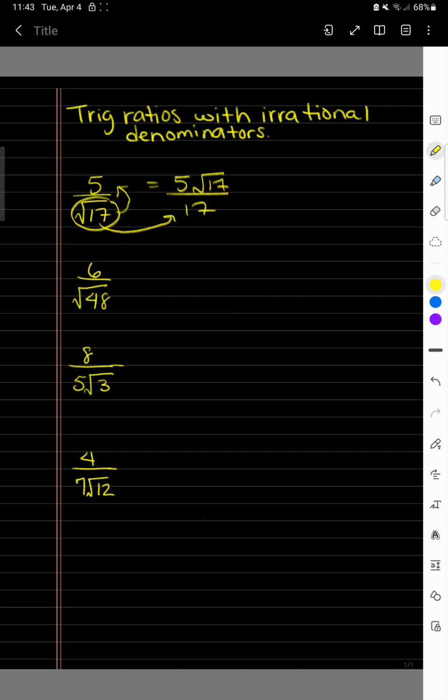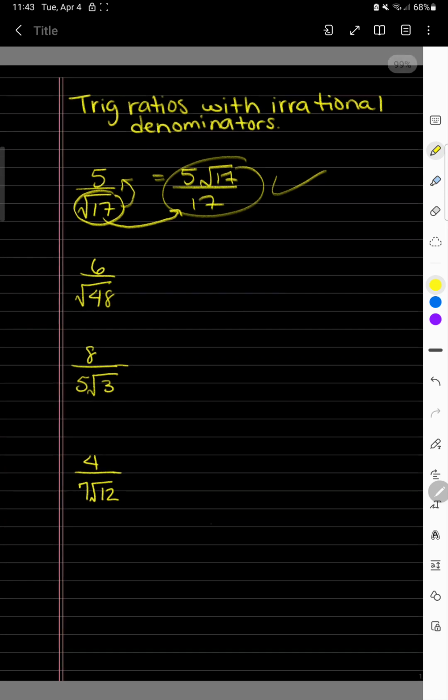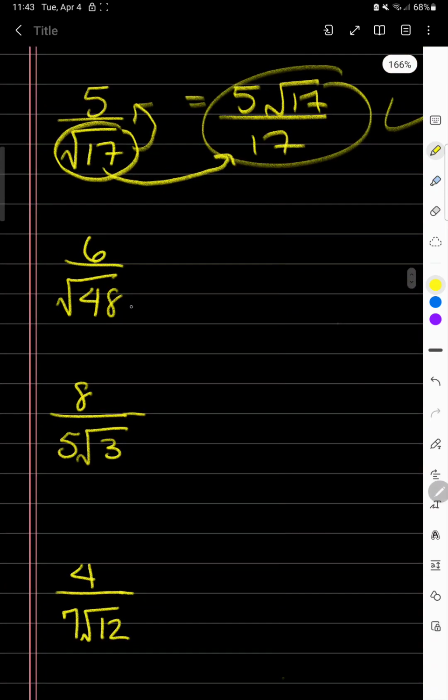One, we cannot break down the inside. For the second one, we will have an extra step because we can break it down. So this one's done. That's gonna be our rationalized denominator. For this one, 68 can be broken down. We can do,